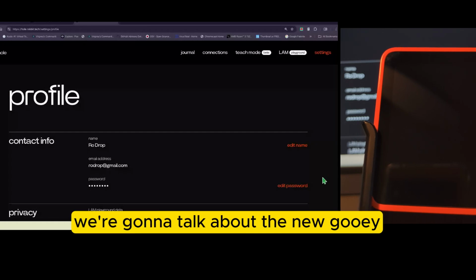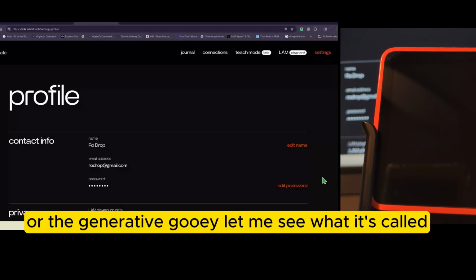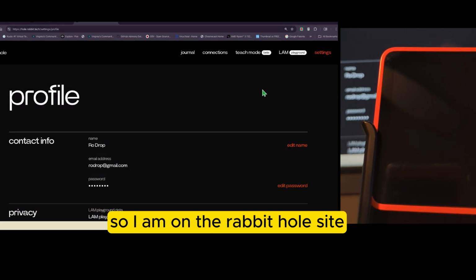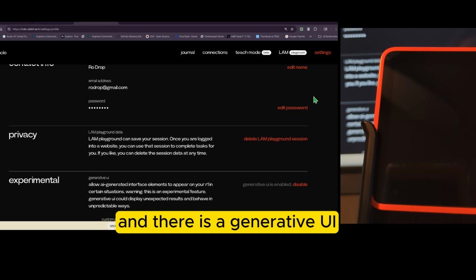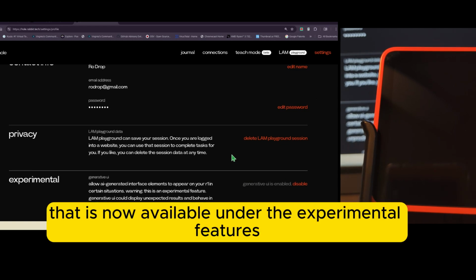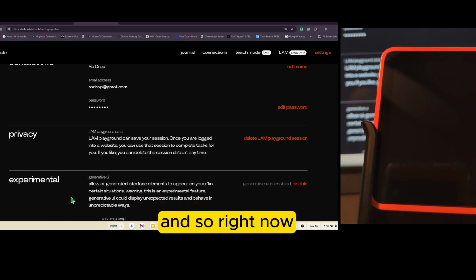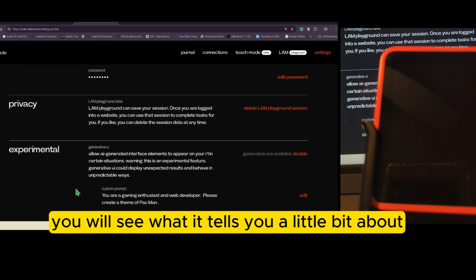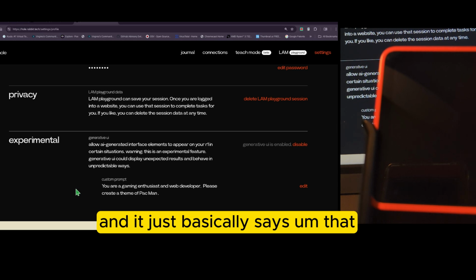Alright everybody, we're going to talk about the new GUI, the generative GUI. Let me see what it's called. So I am on the rabbit hole site and there is a generative UI feature that is now available under the experimental features. And so right now you will see what it tells you a little bit about, and it just basically says that